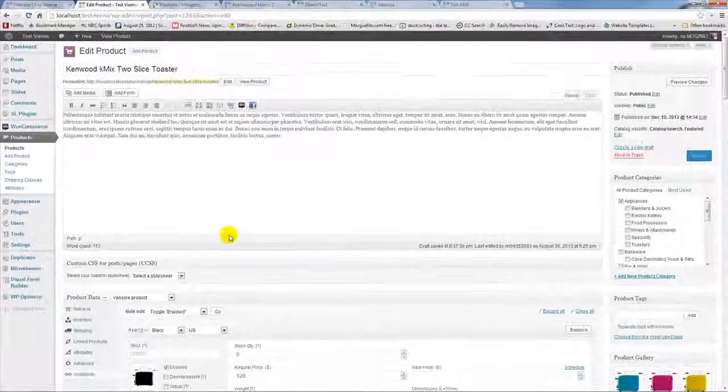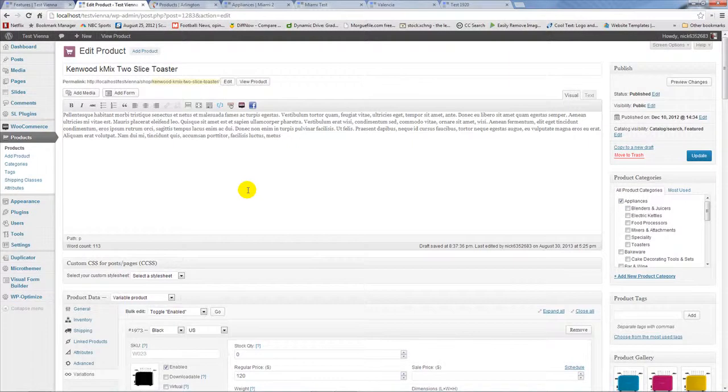Very easy to use. And as long as you don't have more than 3, 4, or 5,000 items, as long as you don't have 100,000 items, you can use WooCommerce with a good caching plugin, and it's going to be working pretty good. All right, that's it. Talk to you all